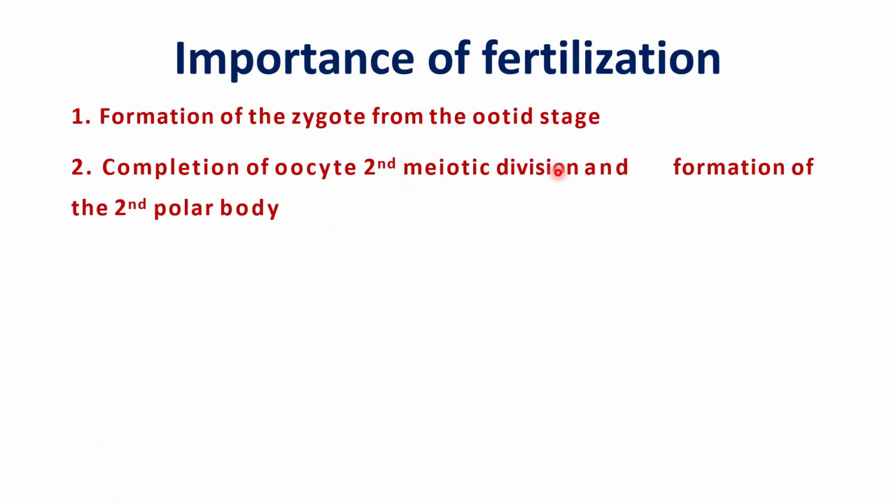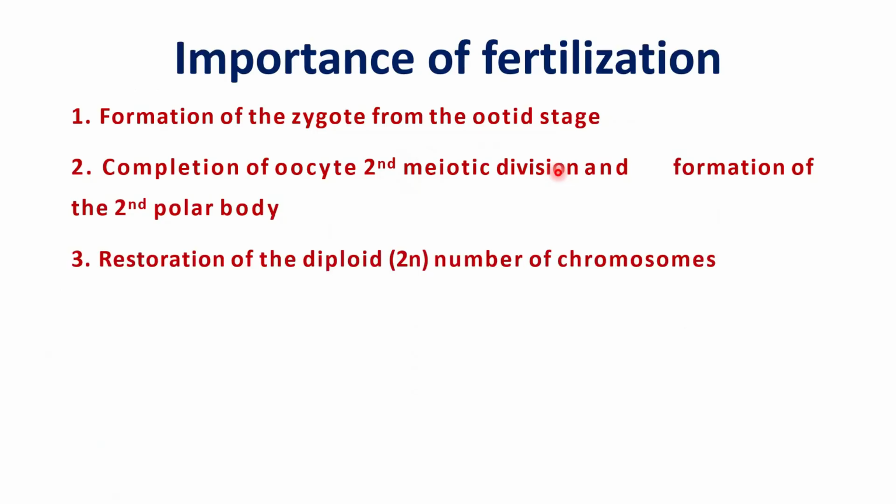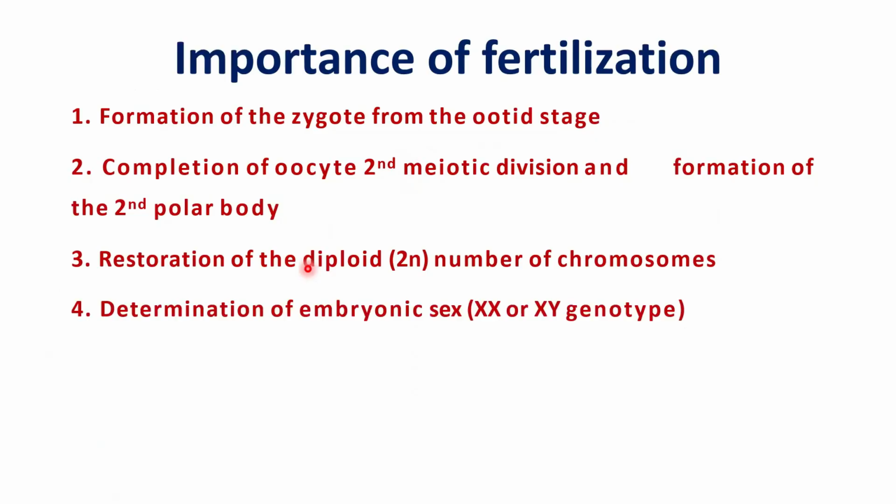So fertilization allows the secondary oocyte arrest to be completed, with formation of the second polar body. Then remember, the gametes are usually haploid in nature, so the 2n number of chromosomes will be restored. Then you'll have determination of the embryonic sex, that is, you can know if it's XX or XY genotype. By studying the zygote at this time, you can tell whether the embryonic sex is either